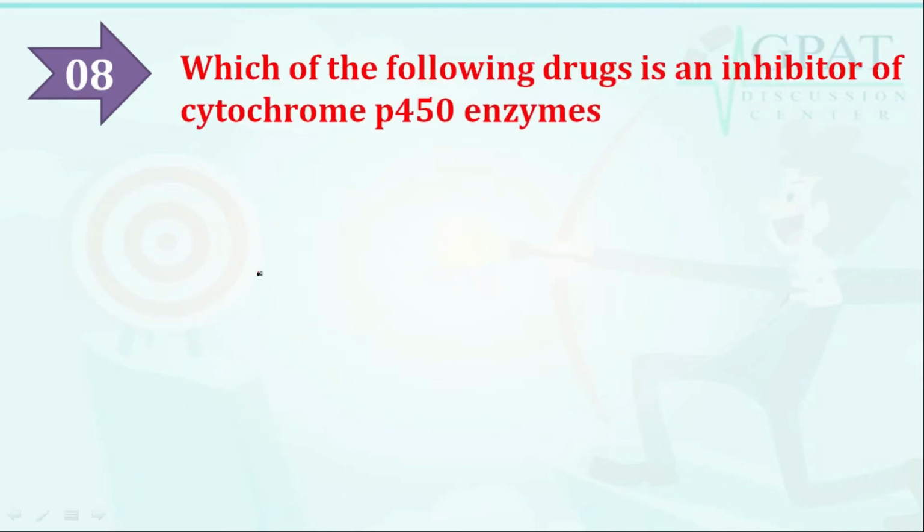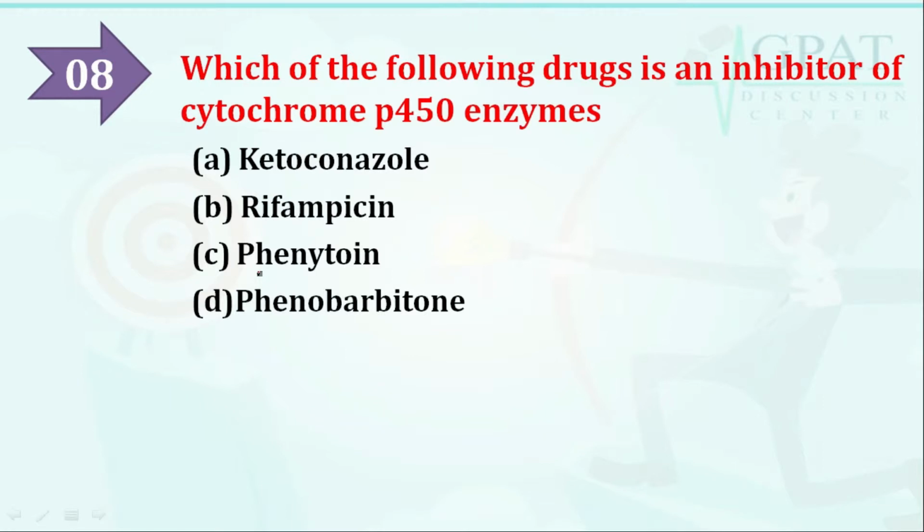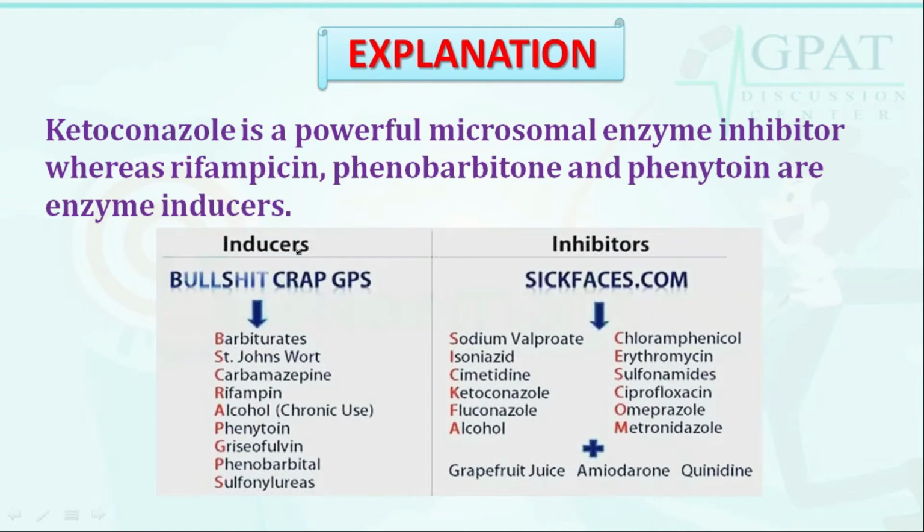Next question is, which of the following drugs is an inhibitor of cytochrome P450 enzymes? And the options are: option A, ketoconazole; option B, rifampicin; option C, phenytoin; option D, phenobarbital. So which of the following drugs is an inhibitor of the cytochrome P450 enzymes? And the correct answer is ketoconazole. Ketoconazole is an inhibitor of cytochrome P450 enzyme. Let's discuss with the help of the explanation that ketoconazole is a powerful microsomal enzyme inhibitor, whereas rifampicin, phenobarbital, and